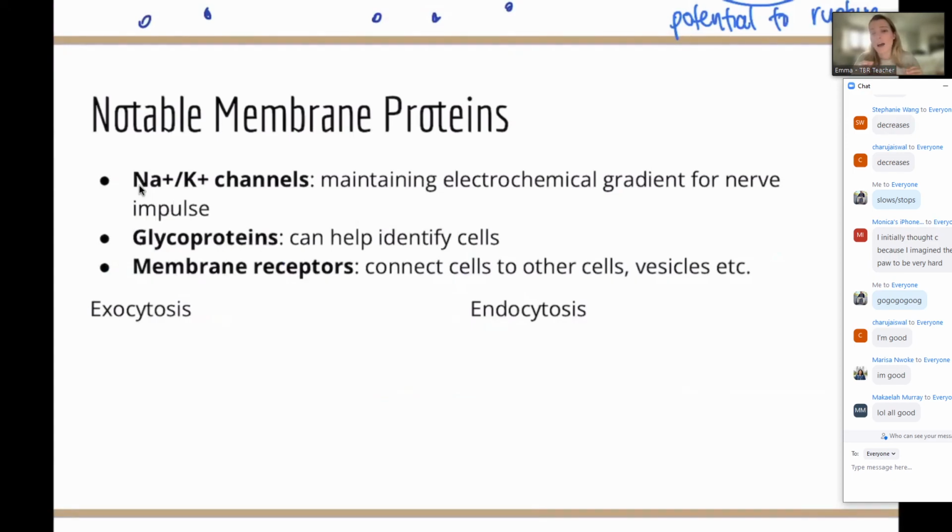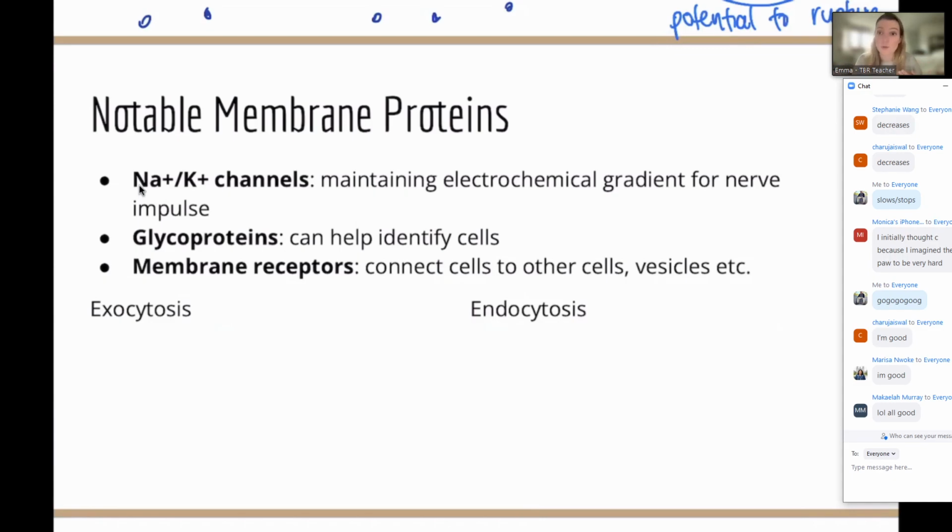Compare that to a cell that's very flat and very thin. It maybe has a waxy part of it, or a lot of cholesterol as part of it, and potentially has the ability to make a cuticle. We're thinking about something in skin potentially. So we're going to keep in mind always that the structure of our plasma membrane is going to represent the function of that cell's job and what the goal is for that cell to do.